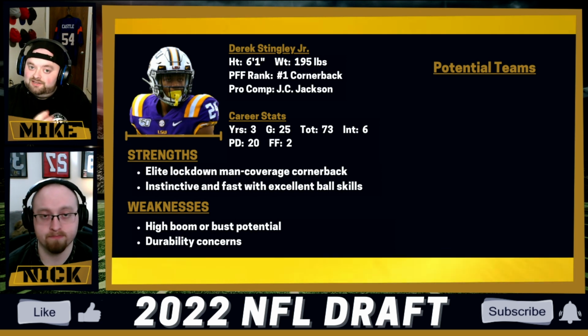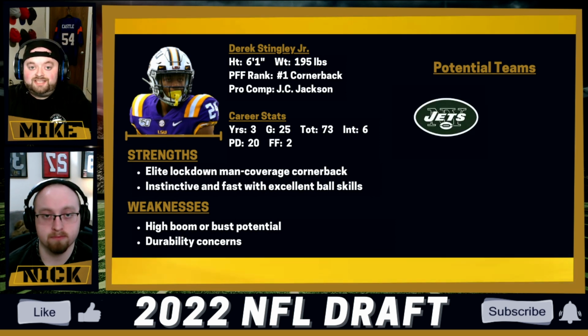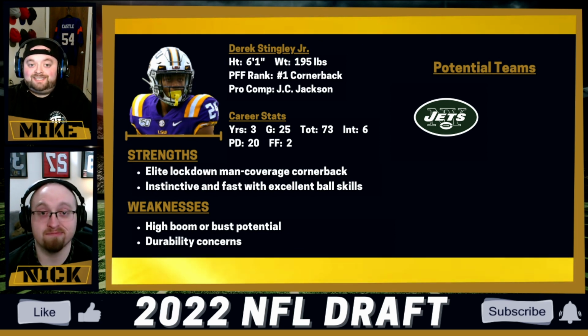All right, when we take a look at the potential teams, though, I want to take a look at some of the teams early on in the draft. Starting off with the New York Jets, I believe that the New York Jets deeply and utterly need a lockdown number one corner. They haven't had one since Darrelle Revis left town, and now they need to get one in Derek